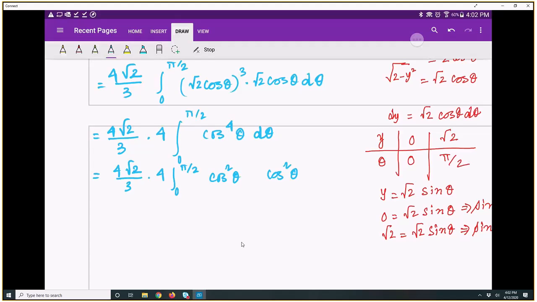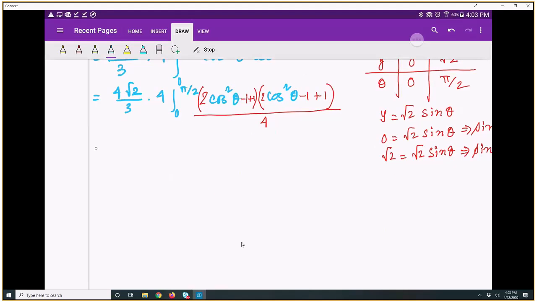And then what I do, each cosine square theta, I multiply 2, subtract 1, add 1. Multiply 2, subtract 1, add 1, and put them inside parentheses to make the separate groups. Remember, essentially, I have multiplied 4 on the top, so to make the balance, I have to divide by 4. So this will now become, if I cancel the 4 in the bottom of the integration with the 4 outside,